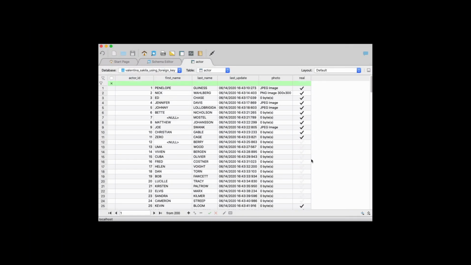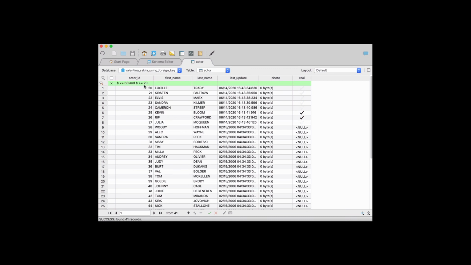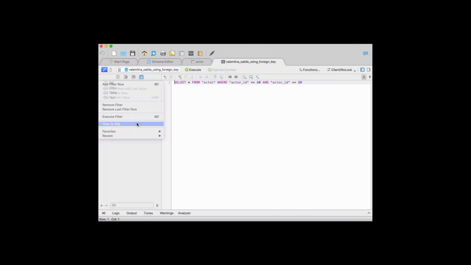The Filter to SQL command allows you to get the SQL query which is used by the current filter. You'll be taken to SQL Editor, which contains the corresponding query. This feature gives you one more way to construct an SQL query step-by-step for future use in your application code. Other ways are to use Query Editor, generate SQL in Schema Editor,